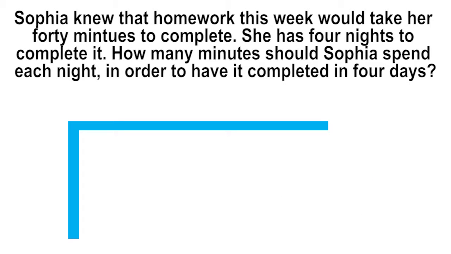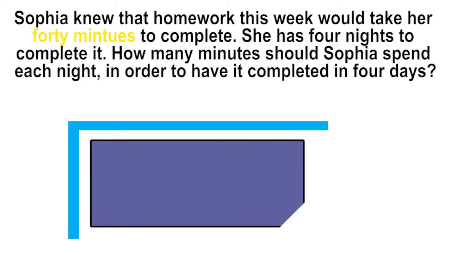Let's use our division mat to help us solve this problem. Sophia knew that homework this week would take her 40 minutes to complete. She has 4 nights to complete it. How many minutes should Sophia spend each night in order to have it completed in 4 days? Where should the 40 go? Let's draw a large rectangle to represent the array and put 40 inside the rectangle because that is our total